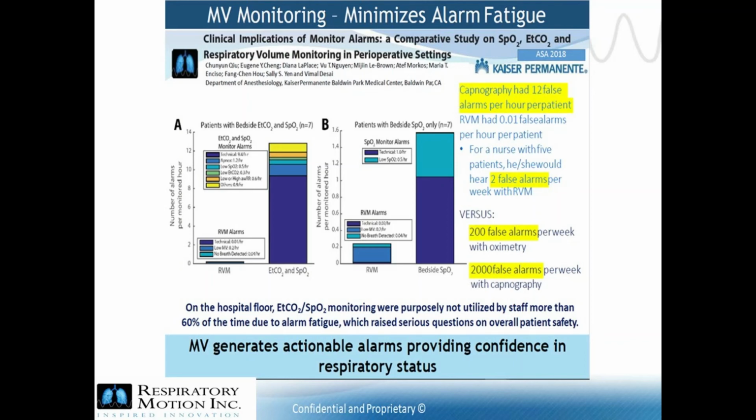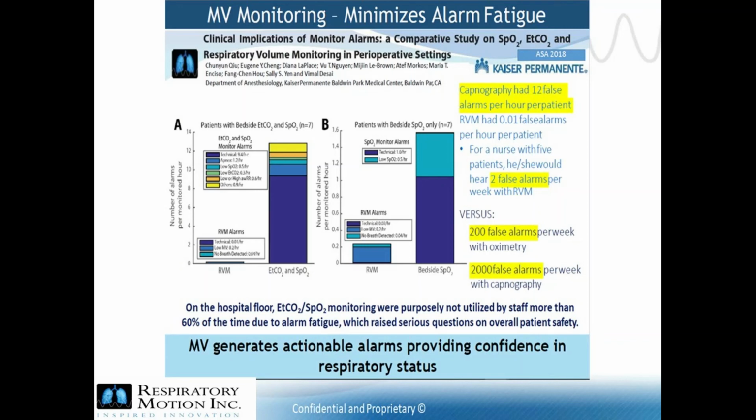In this 24-hour observational study, 250 patients were monitored in the PACU and on the general hospital floor with pulse oximetry, capnography, and the ExSpiron. Patients monitored with pulse oximetry had 2 to 4 false alarms per hour. Patients monitored with capnography had 12 false alarms per hour, and the patients monitored with the ExSpiron had only 0.01